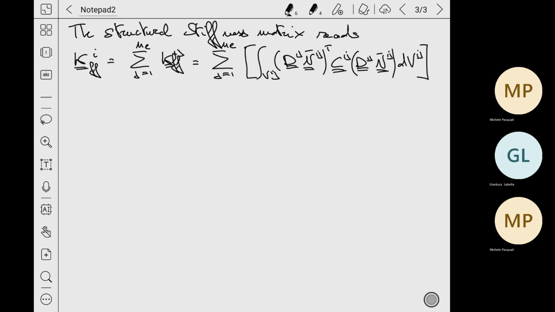Now, if we define as vector QI, basically, as usual, the vector of all the coordinates, so r, theta, sorry,